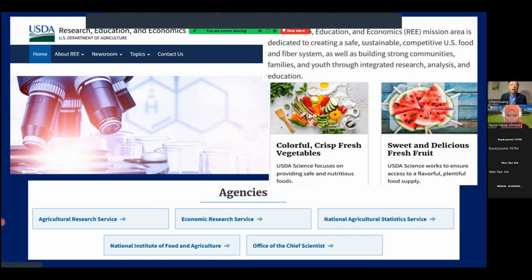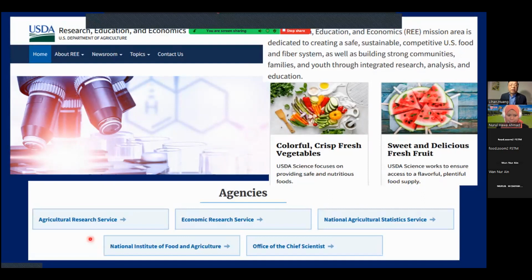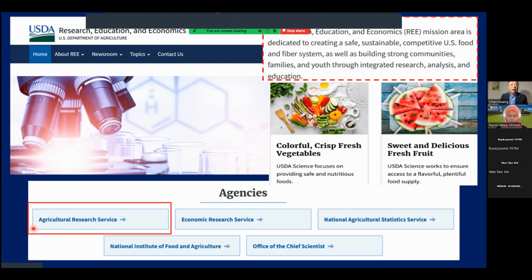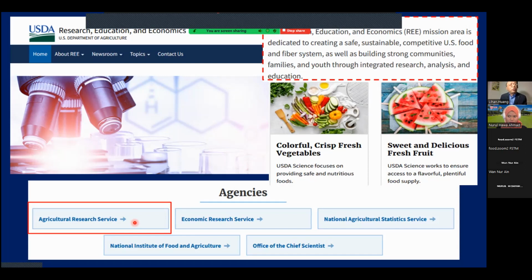So under this REE mission area, we have the Agricultural Research Service. This is where we are, and there are 5 agencies under REE. USDA Agricultural Research Service is one of the premier, I think it's one of the largest research organizations in the world. We are a top notch, intramural,